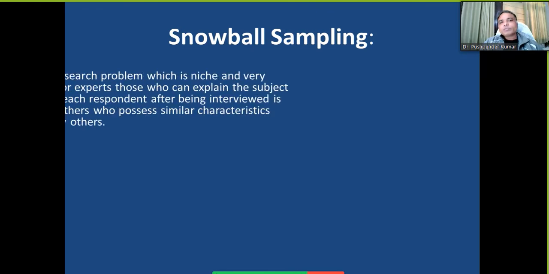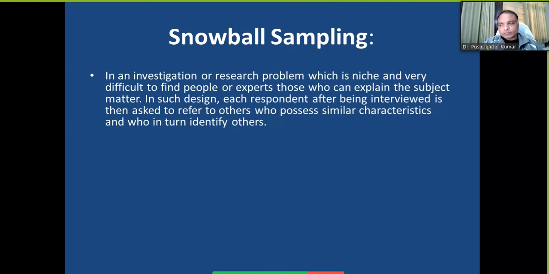Then we have snowball sampling. In an investigation or research problem which is niche and very difficult to find people or experts who can explain the subject matter, in such a design, each respondent, after being interviewed, is then asked to refer to others who possess similar characteristics and who in turn identify others. Right. So, for example,